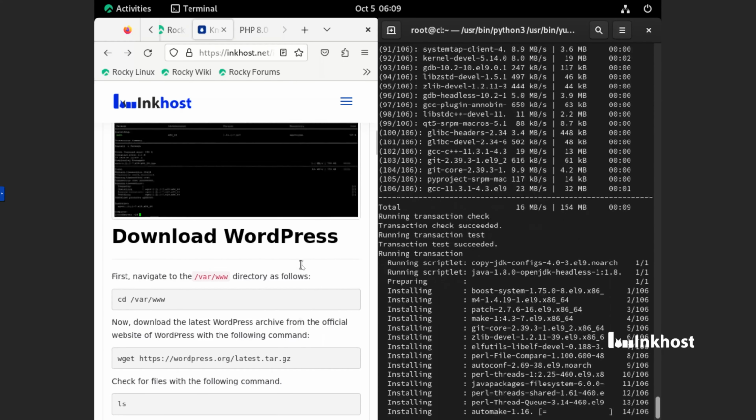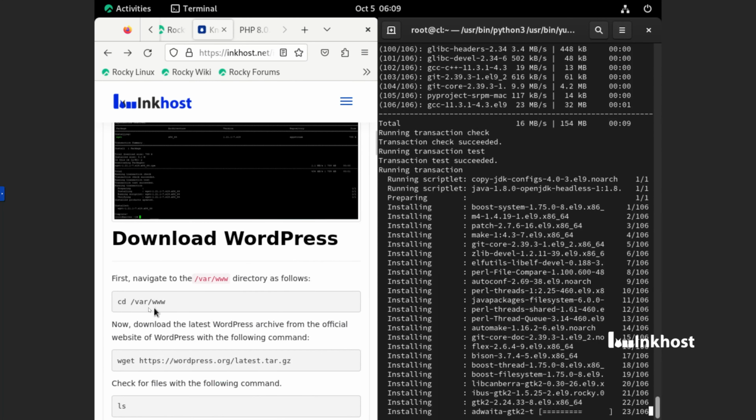Do you see this one? It is the WordPress downloader. We have